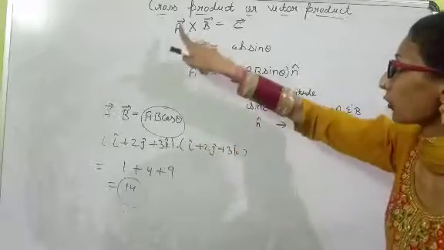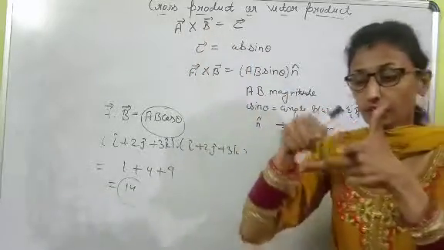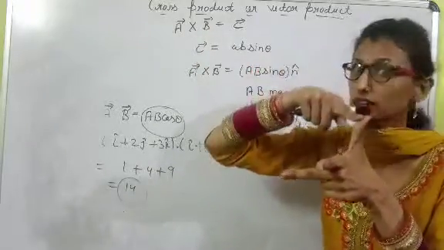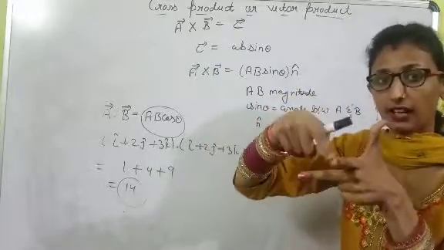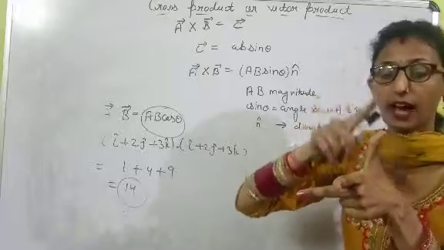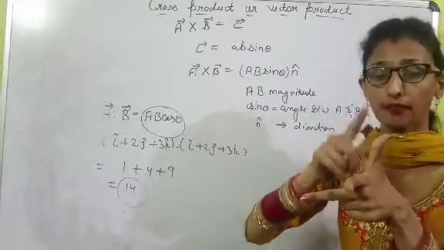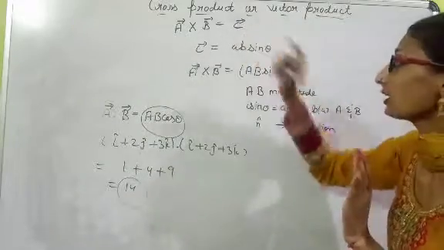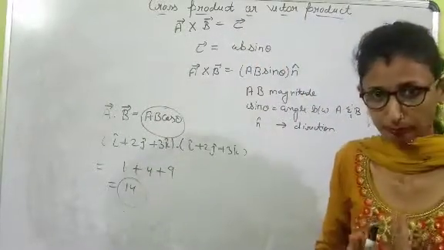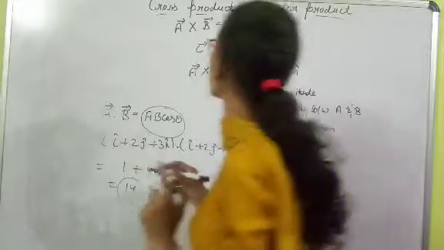Why? Because the cross product of two vectors gives a third vector that is perpendicular to vector a and vector b, and has a direction as well as a magnitude. Therefore this quantity is a vector quantity. So now, what is the definition of the cross product?